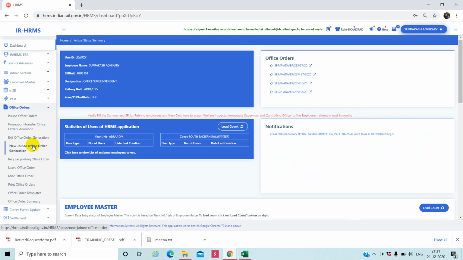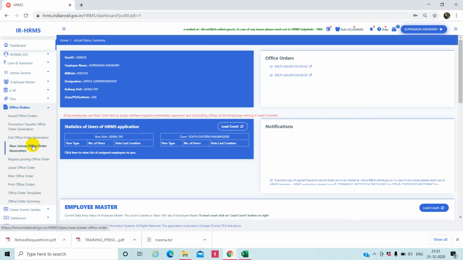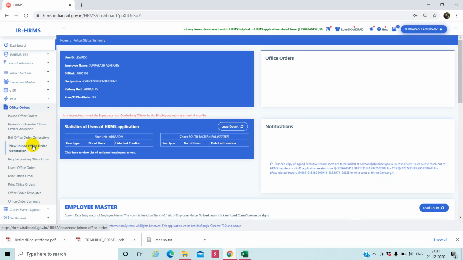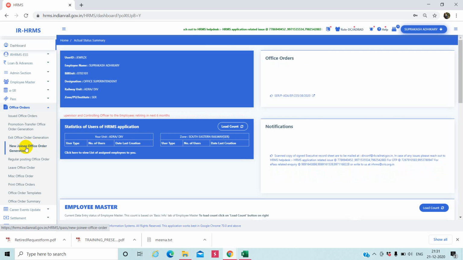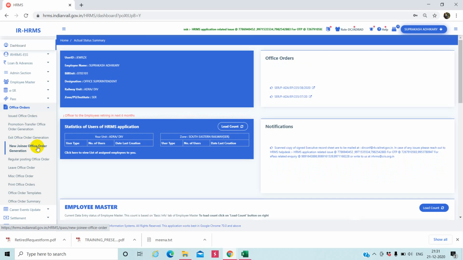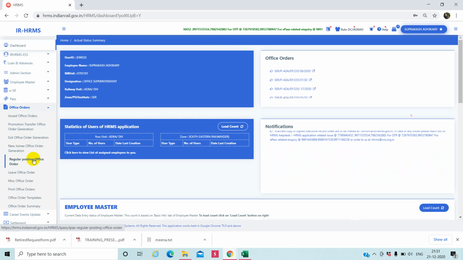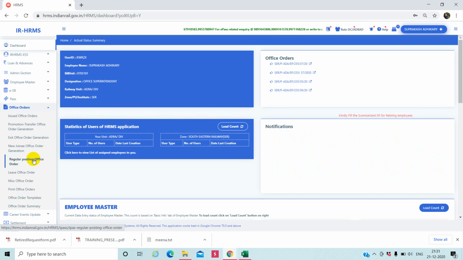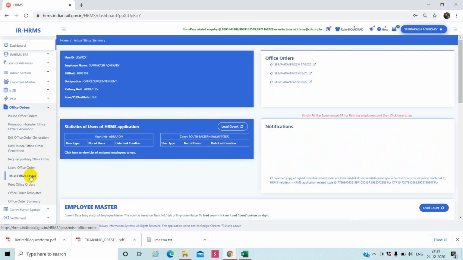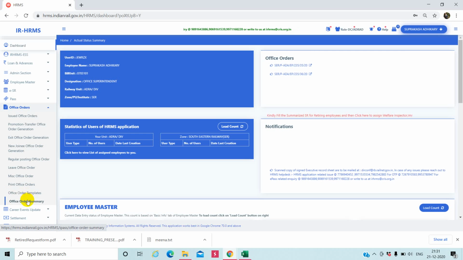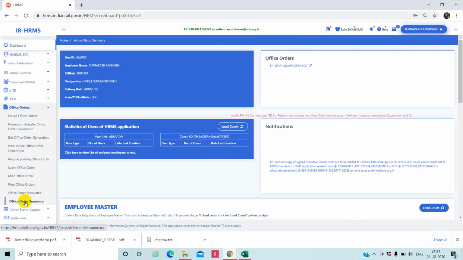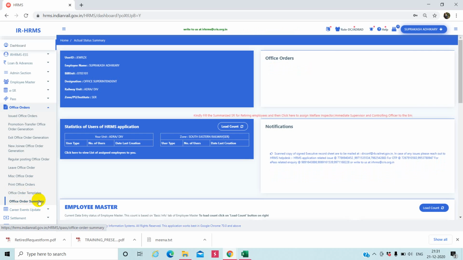New joinee office order: when a new employee comes from RRB, RRC or any other means, we may use this option for the new employee. Regular posting office order, as you know. And in such a way, leave office order, miscellaneous orders and all these office order templates are there, and office order summary are there.